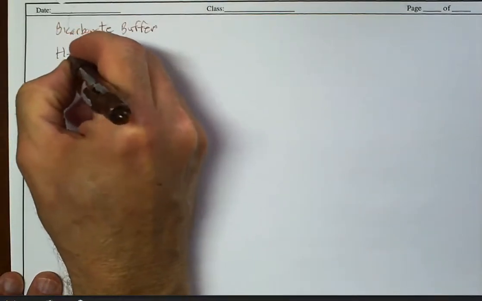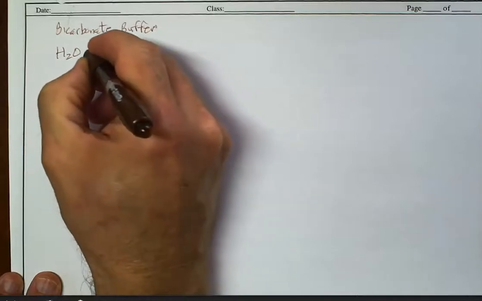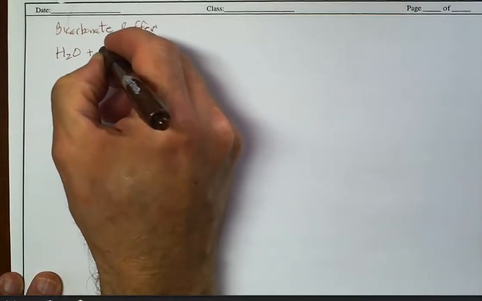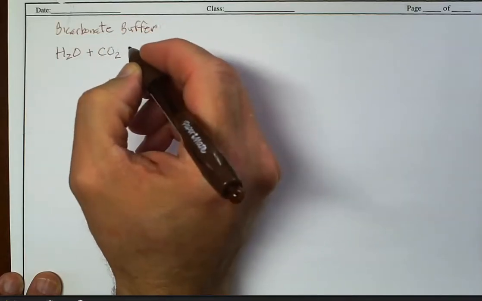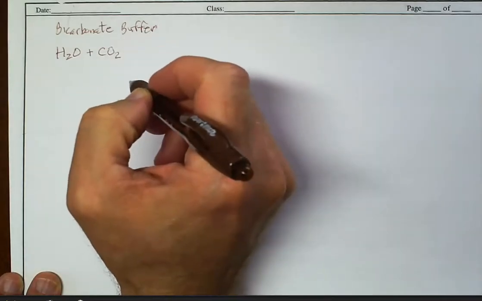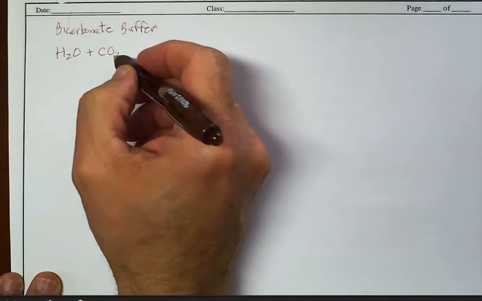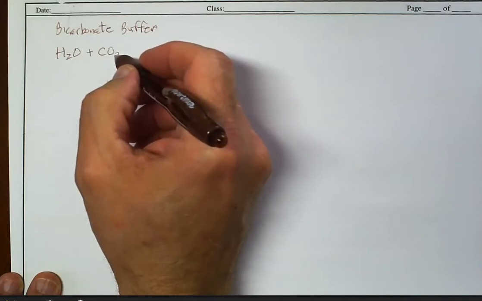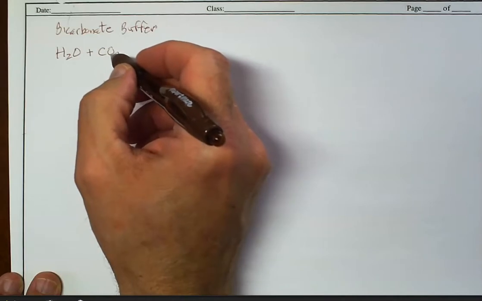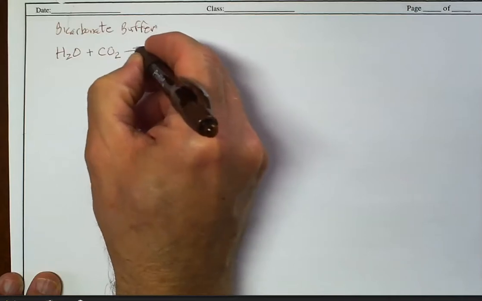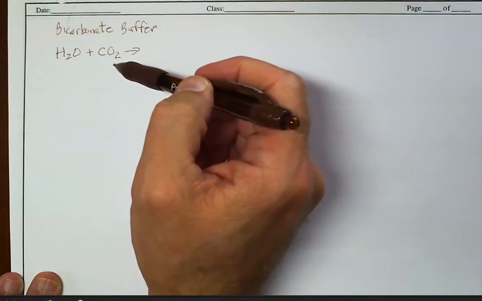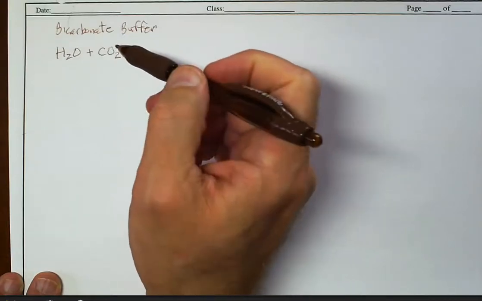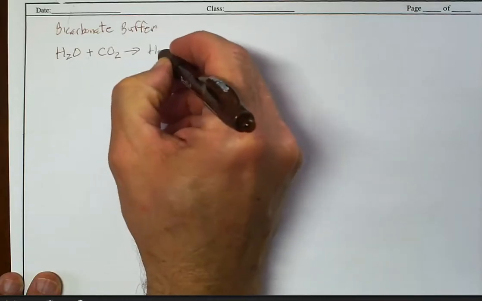So you know that your body has water in it. And hopefully you know that as your body's cells break down sugars, they produce carbon dioxide. And of course, we pretty much know just from elementary science courses that we exhale a good bit of that carbon dioxide. But when you put water and carbon dioxide together, the term is the carbon dioxide gets hydrolyzed, and it forms carbonic acid,